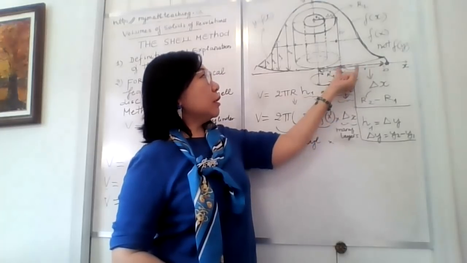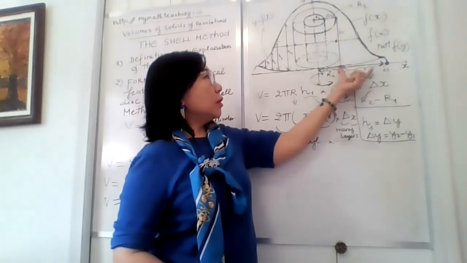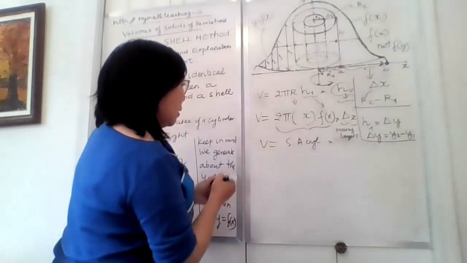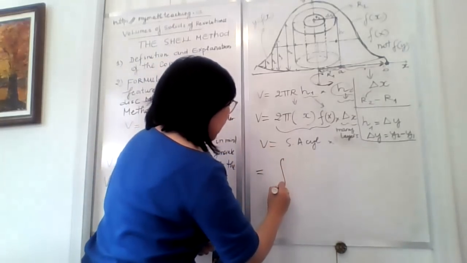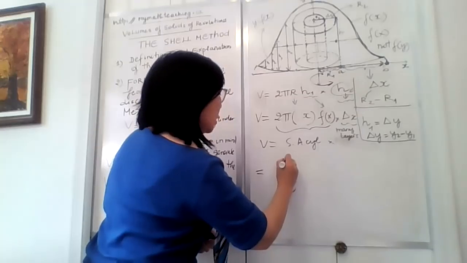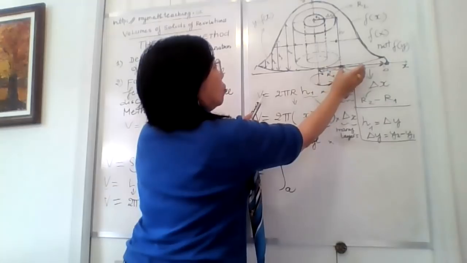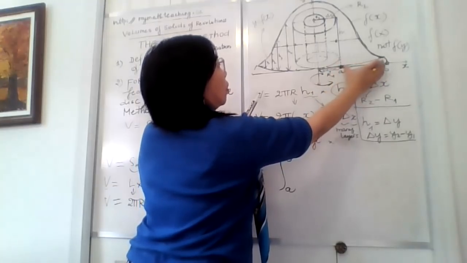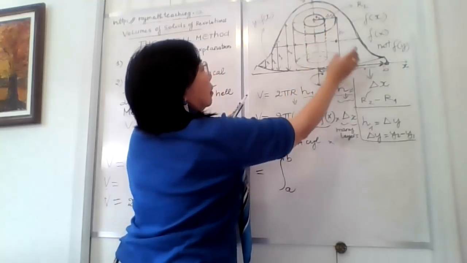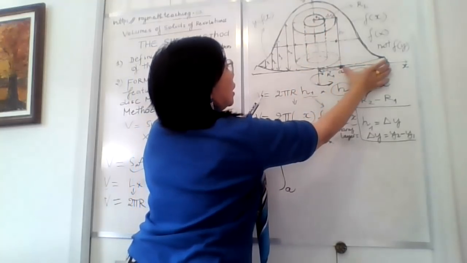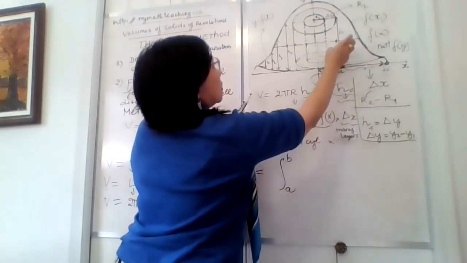And we generate from the interval of this interval a to b. So therefore, if we put in this interval formula, it will be like this. From A to B, right? We're going to generate from here to here, from inward to outward, to form the thickness of the surface of the cylinder. So we generate from inward to outward from the interval A to B, and we're going to build the thickness